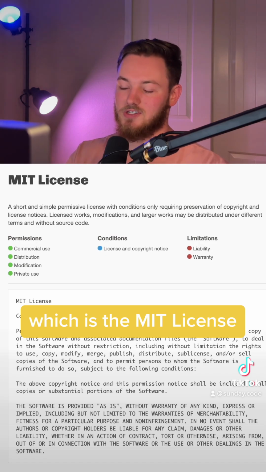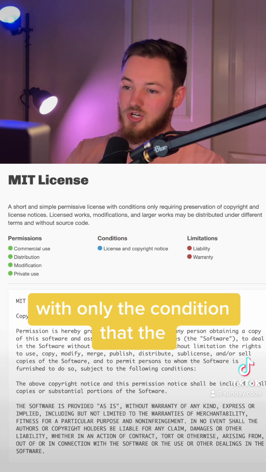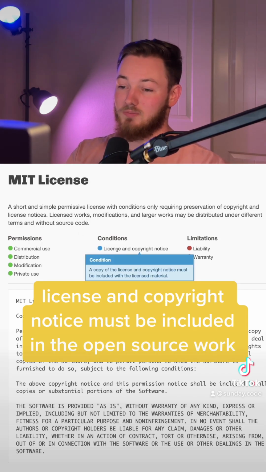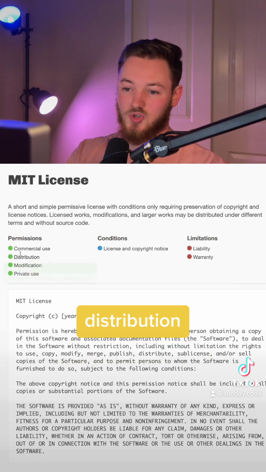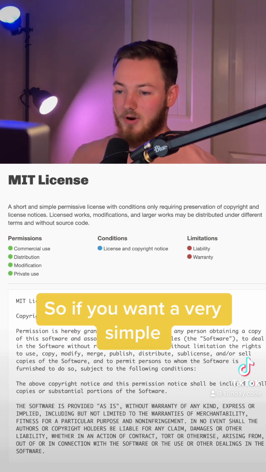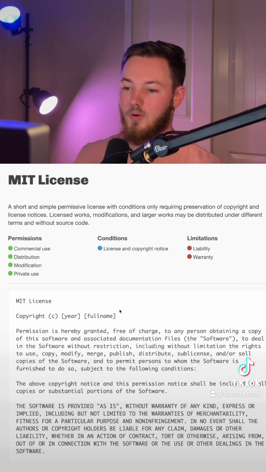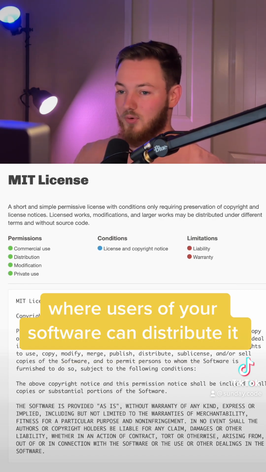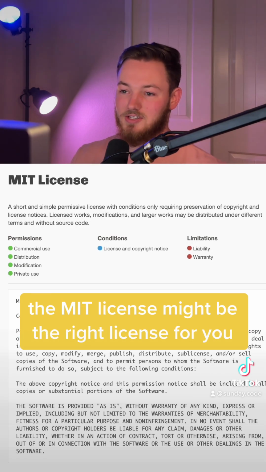the MIT license. This is a very short and simple permissive license with only the condition that the license and copyright notice must be included in the open source work. You can see here you have permission for commercial use, distribution, modification, and private use. So if you want a very simple permissive license to include in your open source software where users of your